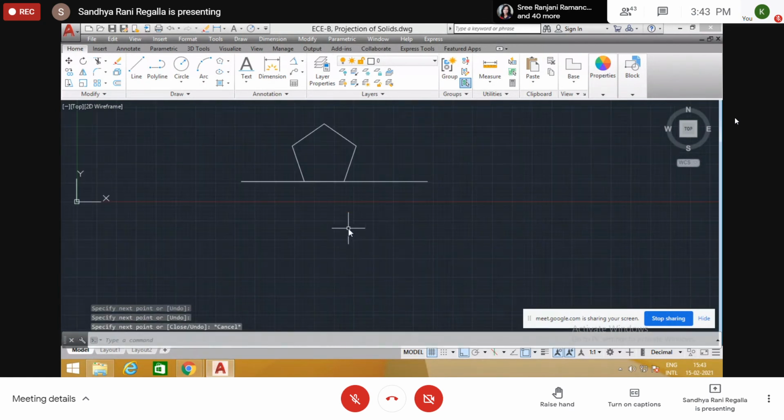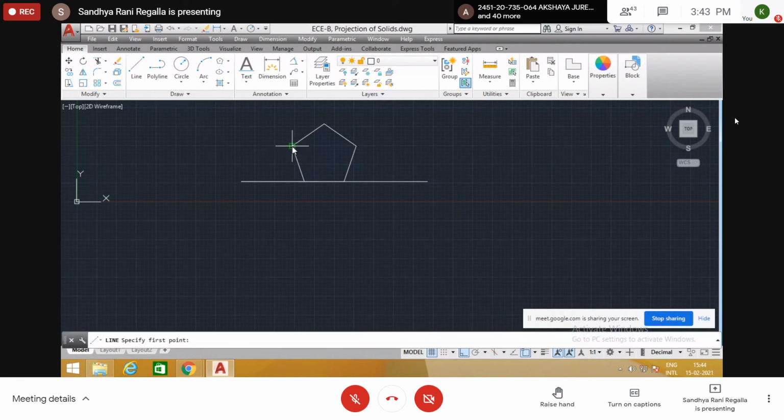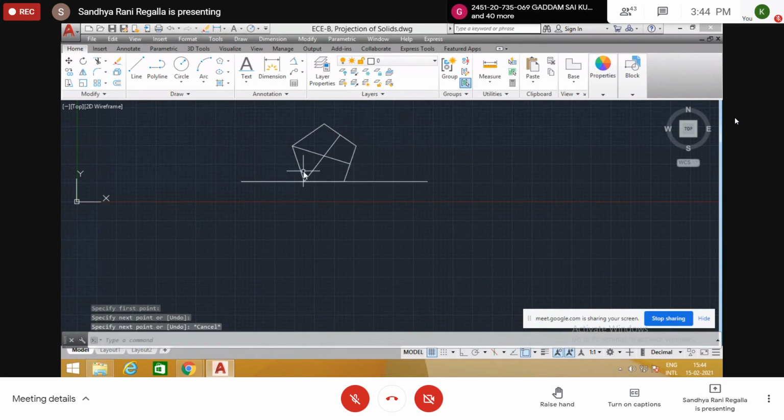Okay. It is resting on one of its base edges, so like this. And it is a pyramid, so for a pyramid we can see the apex point also. To see that apex, join with the midpoint of the opposite side. So we can get the center point, which is the apex point.